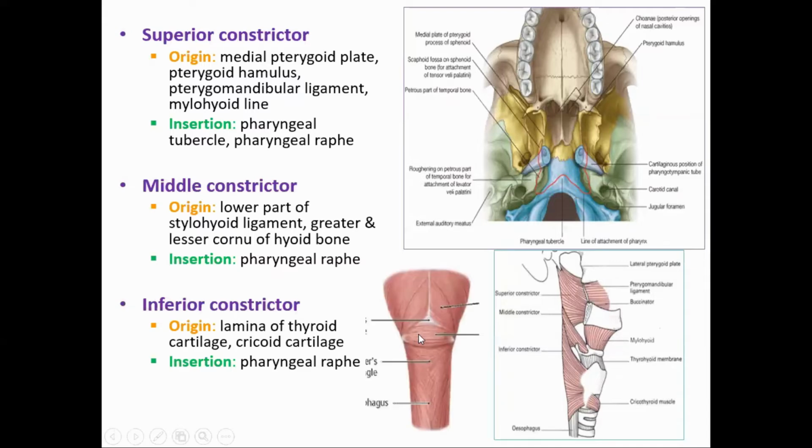See here, this is the cricopharyngeus part and above is the thyropharyngeus part, and this junction is named the dehiscence of Killian. This is the weakest part of the pharynx, because other parts overlap with each other, so they are strong. But this part does not overlap, and because of that it is the weak part. It is only bounded by the fascia. So this weak part is named Killian's dehiscence.